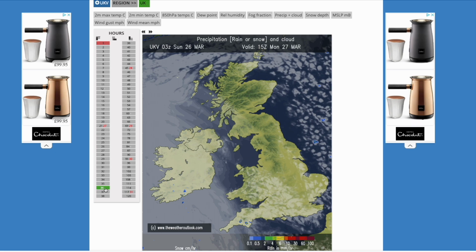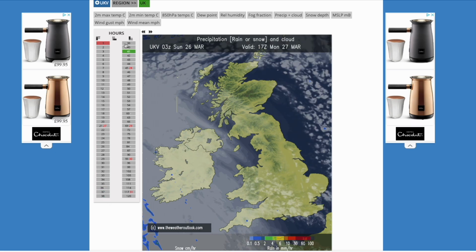But the one positive is it will be pretty much bone dry for most areas, and it will be fairly sunny, especially through central and eastern areas. It'll be really quite a nice day tomorrow, apart from feeling a little bit cold with that wind chill. Beyond that, through Monday night into Tuesday, could still be a frost overnight in northern and eastern areas, but you